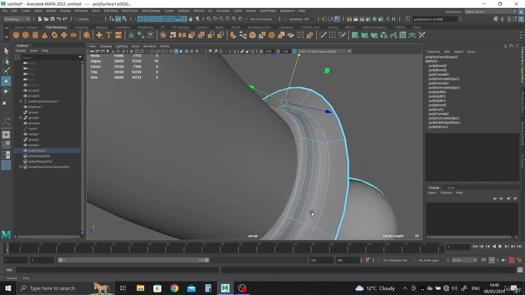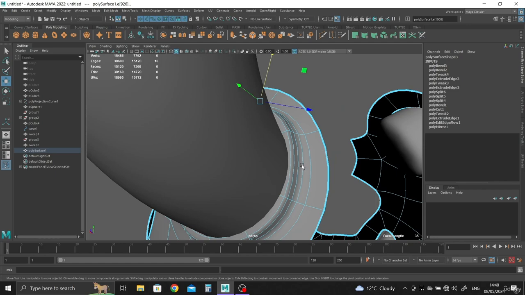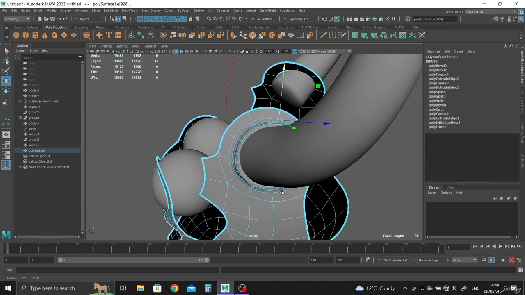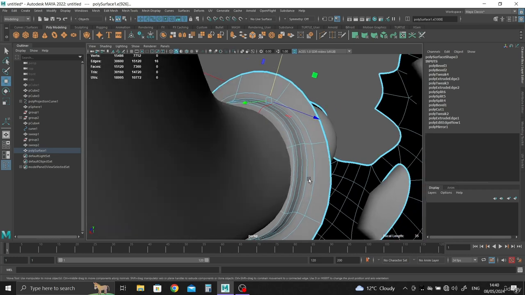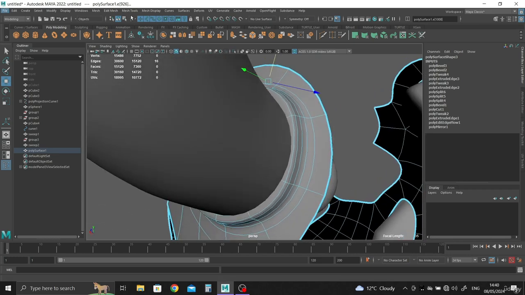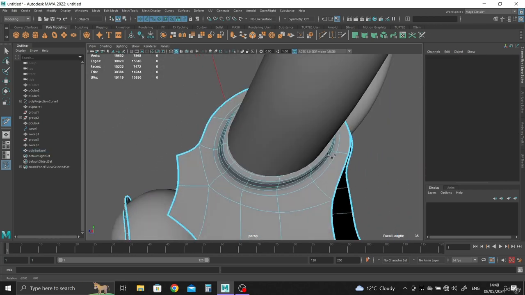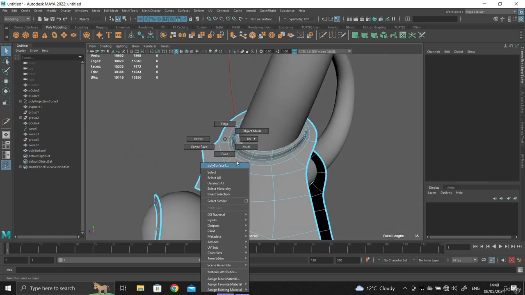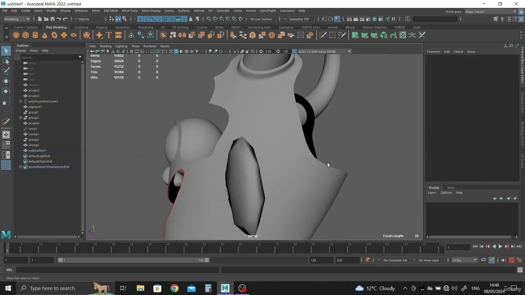Yeah, a bit wide. The reason for that is you need more geometry there. You actually need more geometry. So mesh tools, multi-cut. This time switch on edge flow so it will respect the curvature. Boom. There we go, look at that. So basically, I know it's not finished, but that's what you need to do,